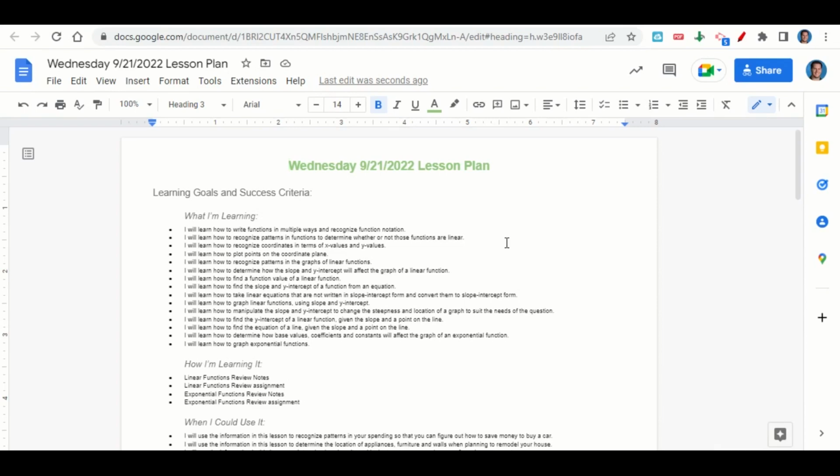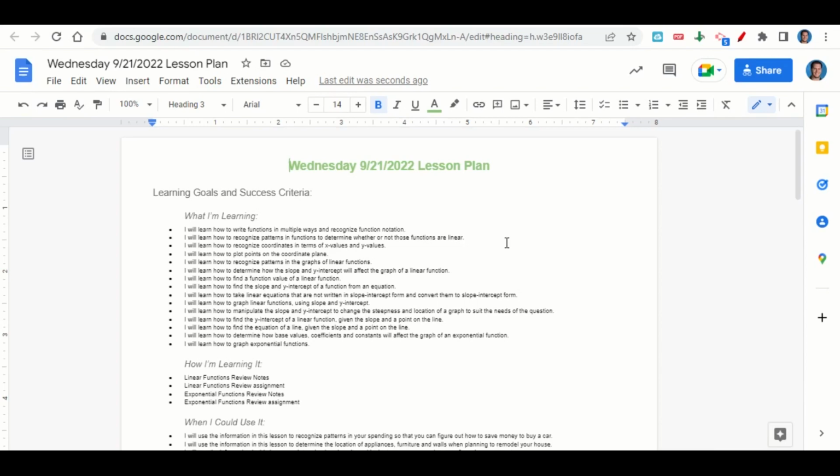determine whether or not those functions are linear, how to recognize coordinates in terms of x values and y values, how to plot points on the coordinate plane, how to recognize patterns in the graphs of linear functions, how to determine how the slope and y-intercept will affect the graph of a linear function, how to find a function value of a linear function, how to find the slope and y-intercept of a function from an equation, how to take